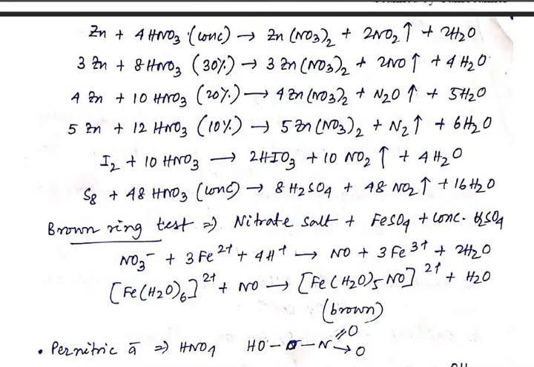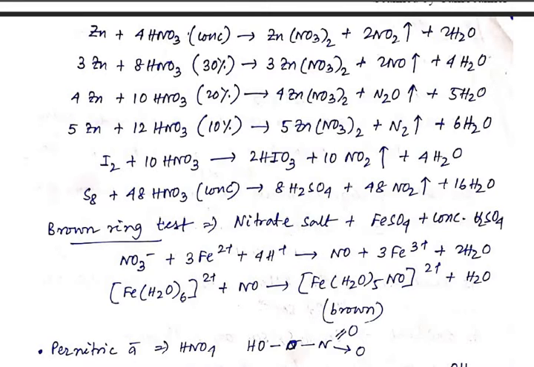Okay. Next is the brown ring test. What is that? That is the test for the nitrate salt. Suppose I have the nitrate salt and we are adding the ferrous sulfate and concentrated H2SO4 into the nitrate salt, then finally we will get a brown ring in the test tube. So here mainly what happens, suppose I have a nitrate salt, that is NO3 minus,